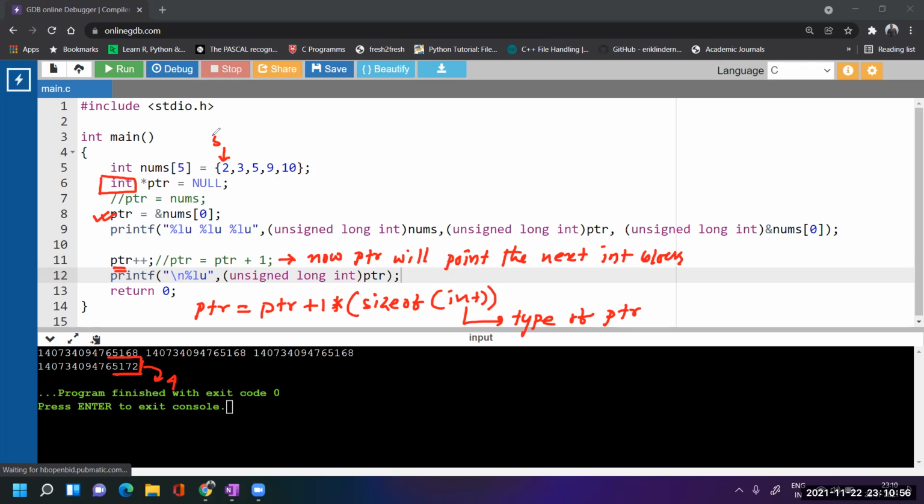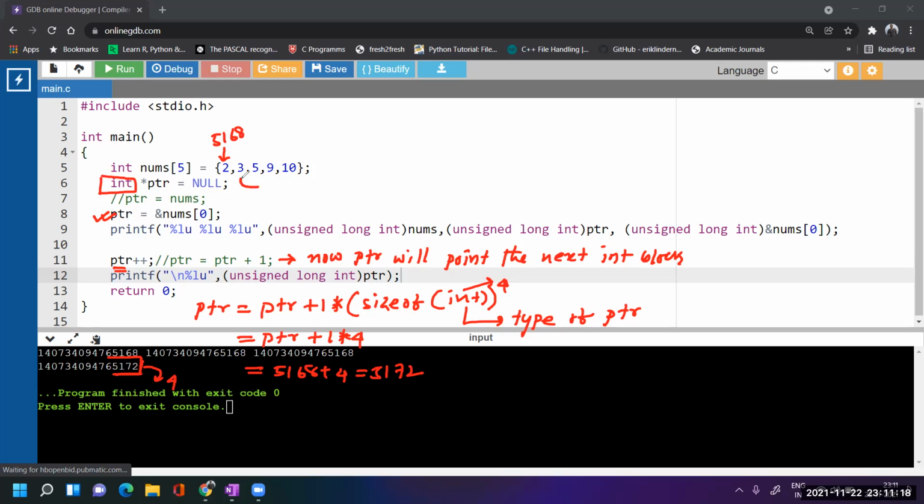The address is 5168. So now, ptr equals 1 multiplied by 4. 4 is the size of an integer. So what will it be? 5168 plus 4, it will be 5172.